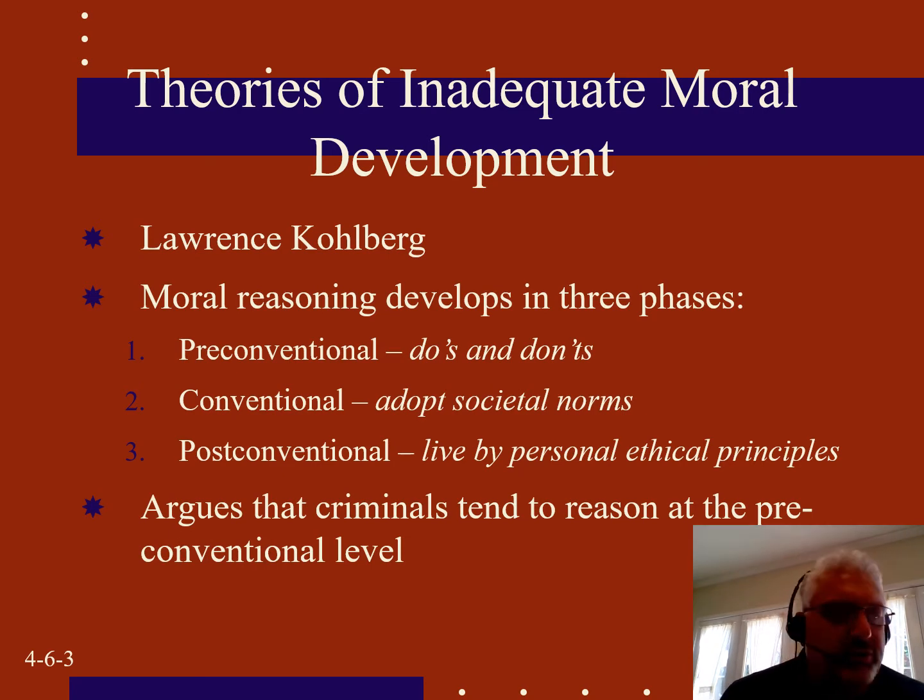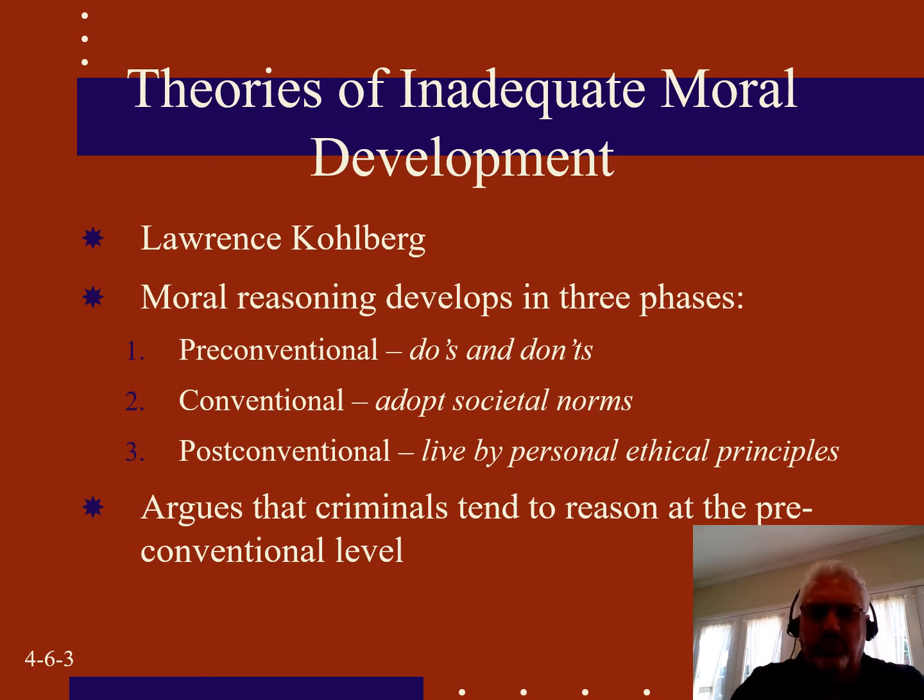What Kohlberg argues is that criminals tend to reason at a very low or pre-conventional level. They really tend to not quite understand the consequences of breaking rules, or the idea that rules apply to them. And so it's not unusual to see people who have clearly been caught doing something wrong create this whole system of deniability. No, that wasn't wrong. You guys are wrong. Or, you don't understand. No, you're misinterpreting the law. That's not what I did. And so I can see where this idea comes from.